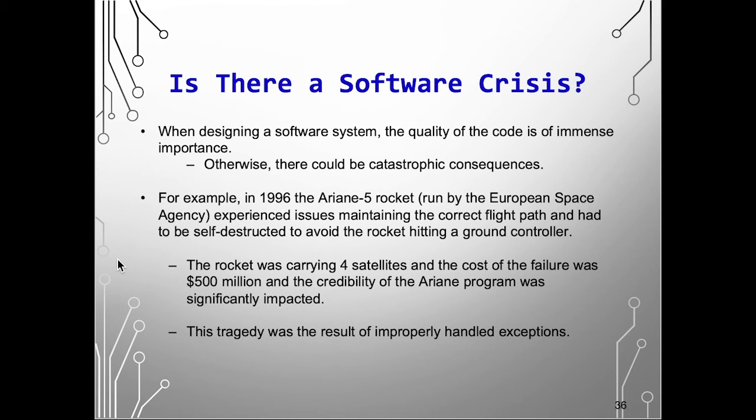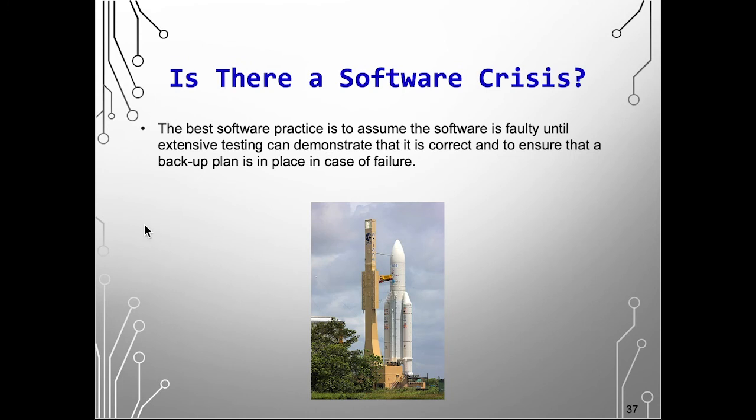The rocket was carrying 4 satellites, and the cost of the failure ended up being $500 million, and the credibility of the Ariane program was significantly impacted. This tragedy was a result of improperly handled exceptions. After this tragedy, many countries in Europe backed out of supporting the Ariane 5 rocket program as well. To be able to avoid situations